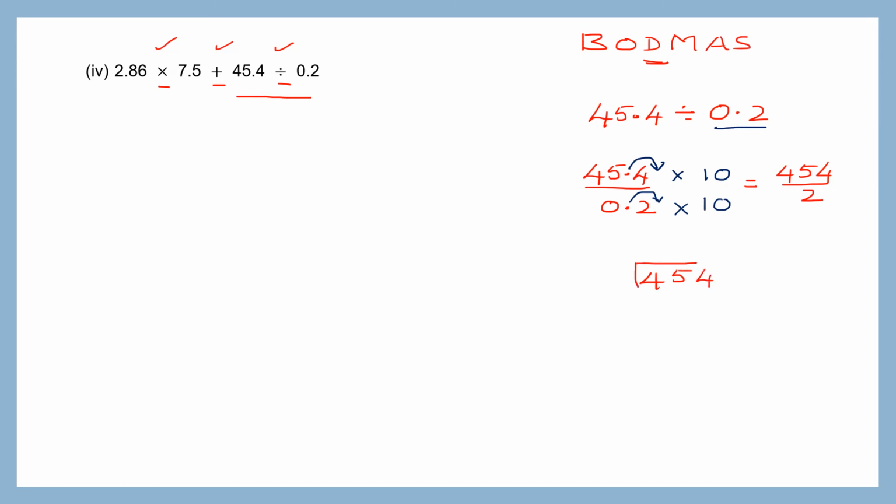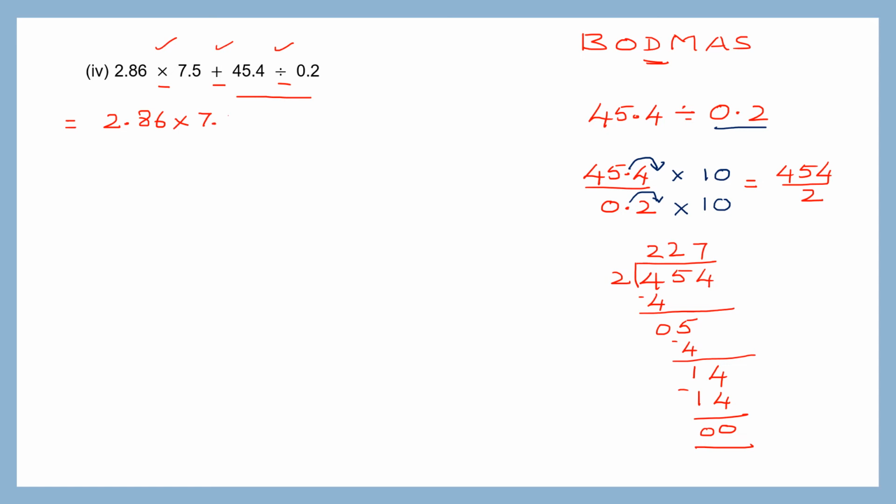454 divided by 2. 2 2s are 4, minus. I bring down 5 again. 2 2s are 4, minus. I bring down 4, now it is 14. 2 7s are 14, minus 0. So I've got my answer as 227. Let me write that down there. So the first part, into 7.5, remains the same, plus now I write this answer which I got on dividing,